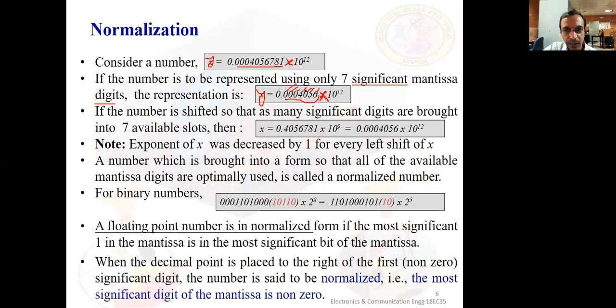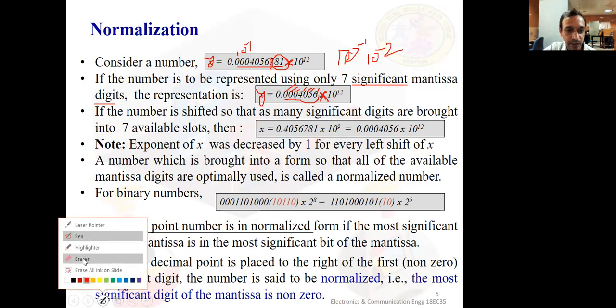So if you reduce it to 7 significant digits, you get up to only this much. This part is discarded. Because it is a fraction, the weight will be like 10 power minus 1, 10 power minus 2, 10 power minus 3. As I said, towards the right of the fraction, the weight is 10 power minus 1, minus 2. So the weight of this would be almost negligible. 10 power minus 2 is 1 by 100, 10 power minus 3 is 1 by 1000. So naturally, losing this doesn't make any difference to my original data. I can represent this number with only 7 significant digits or 5 significant digits, whatever is required as per our requirement.